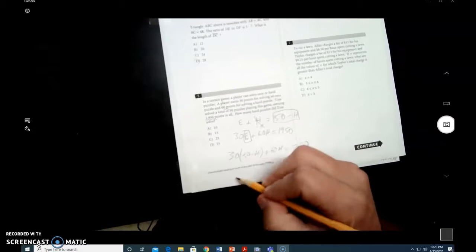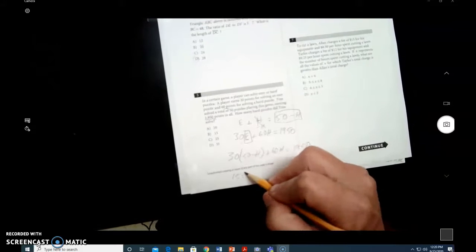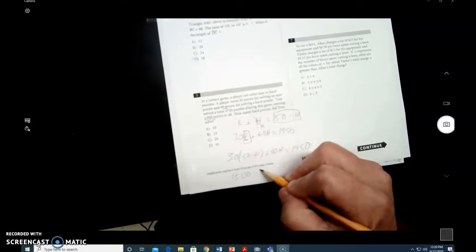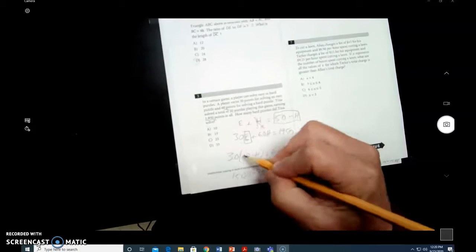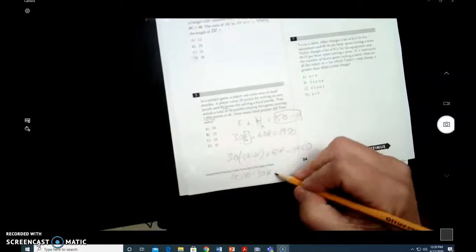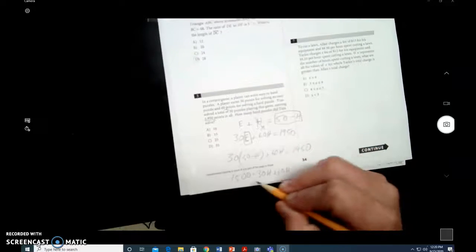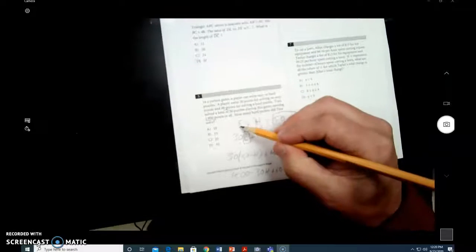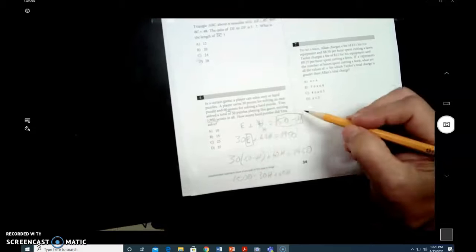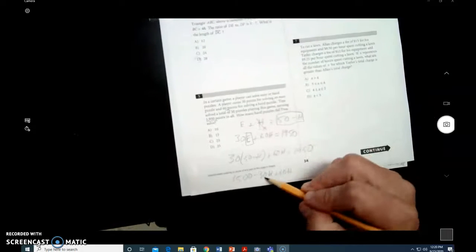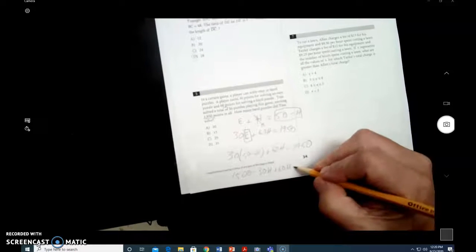30 times 50 is, I think, 1,500 minus 30h. We just distributed that. 30 times 50, 30 times negative h, plus 60h. Notice we have nothing but h's now. When we have two variables, e plus h, we cannot solve. We need all one variable, 30h, 60h. Now that we can do, equals